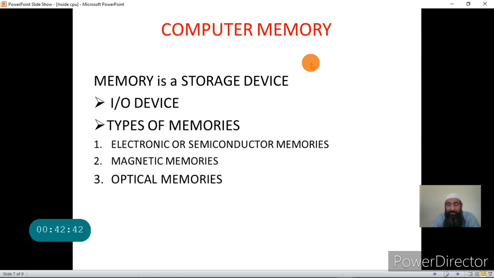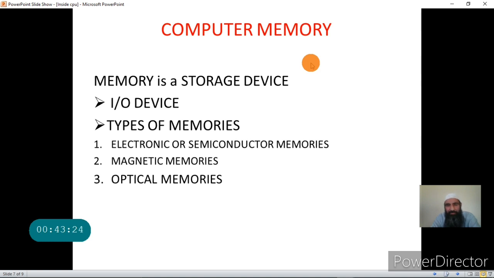By saying that the program should be present in the memory so that the CPU can execute it, it means the program should be present in RAM or ROM. RAM stands for random access memory and ROM stands for read-only memory. Then there are different types of ROM; I will not go into details of that right now. The chief difference between RAM and ROM is that when you switch off the power, the contents of RAM are lost, but the contents of ROM are not lost.